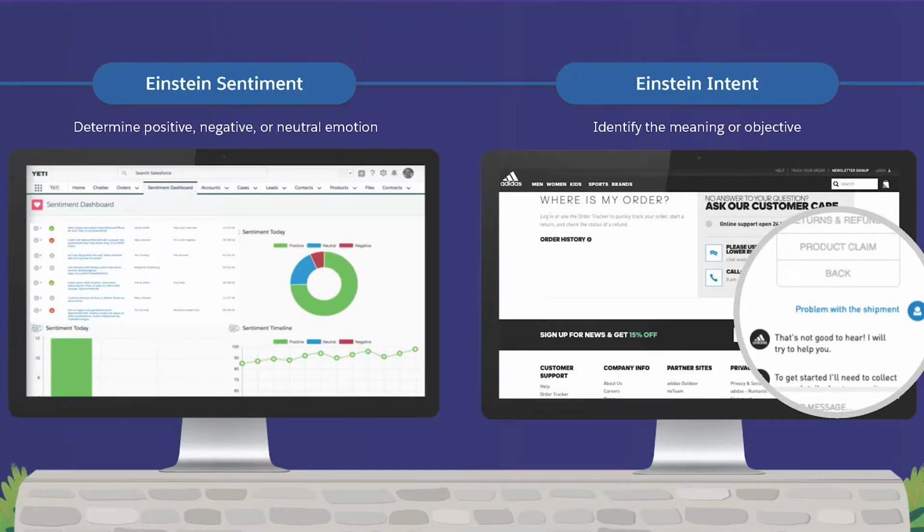Thank you, Z. Today, we have two Einstein Language APIs available, the Einstein Sentiment and Einstein Intent. Einstein Sentiment is a pre-built global model that you can use to classify the emotion in a piece of text. For example, you can use Einstein Sentiment to understand the sentiment of the Twitter tweets about your company. Einstein Intent, on the other hand, allows you to use your own data to train your own deep learning model to classify the meaning and objective in a piece of text.